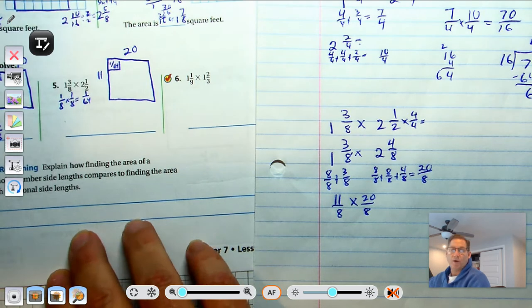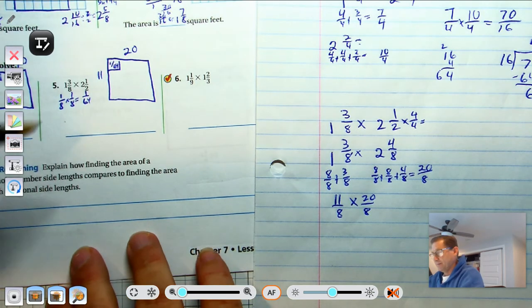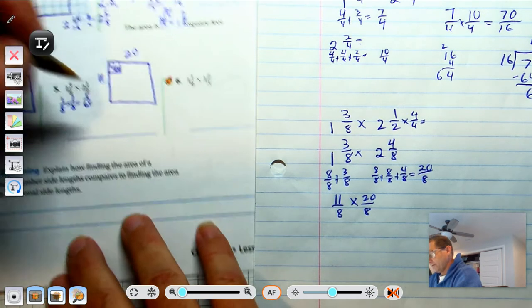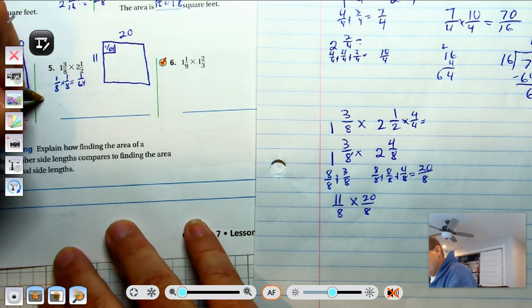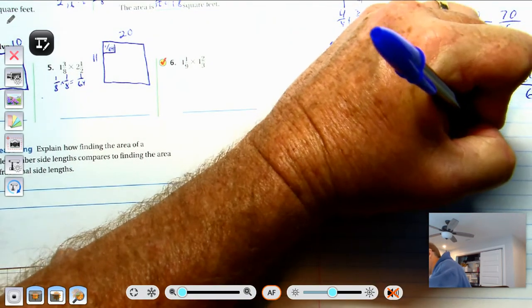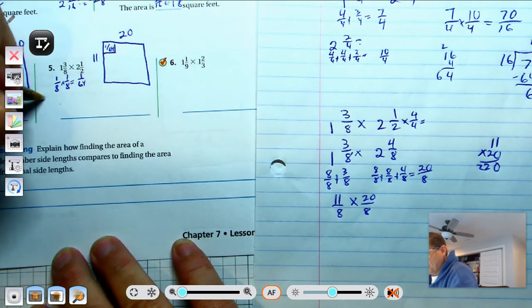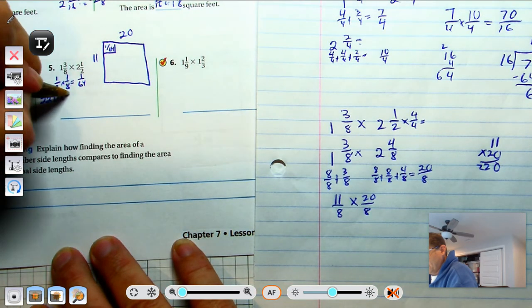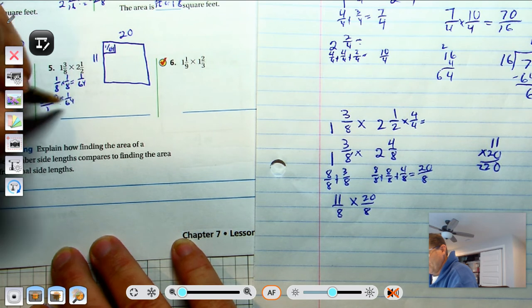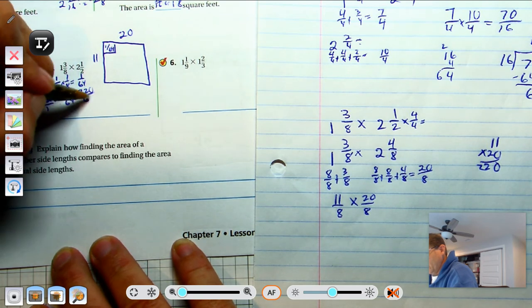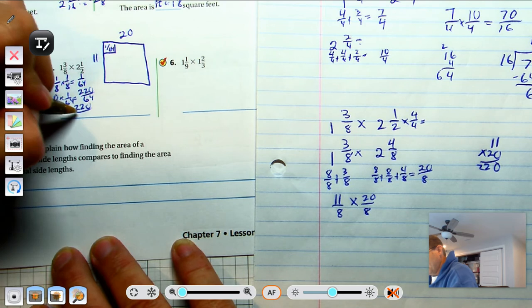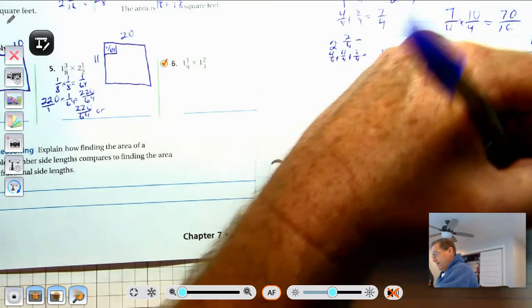So each of the squares is 1/64. So 11 times 20 is 220 times 1/64. So 220 over 64. Or simplified,